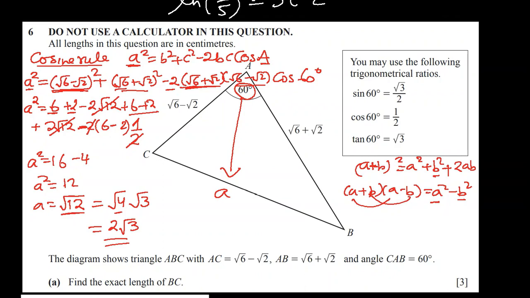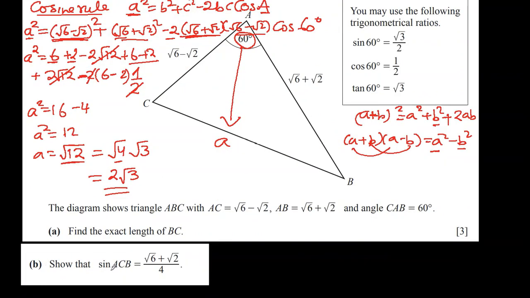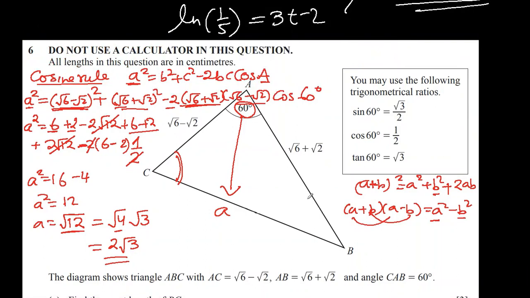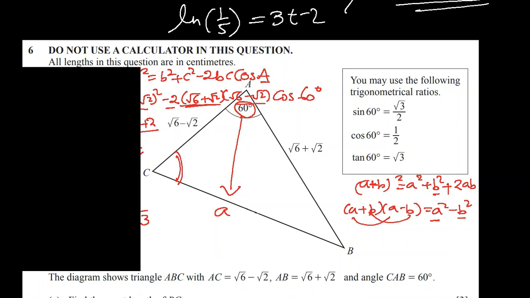There is another part to this question, which is show that the sine of the angle ACB, this one, is this. Alright. So since we used cosine rule, we got a side. Let's use sine rule to find the angle, this one. Sine rule says sine of angle A over a equal to sine of angle B over b equal to sine of angle C over c, where A, B, C are the angles and a, b, c the sides opposite to each other, right? So we know this angle 60 degrees, angle A. So sine A, sine 60